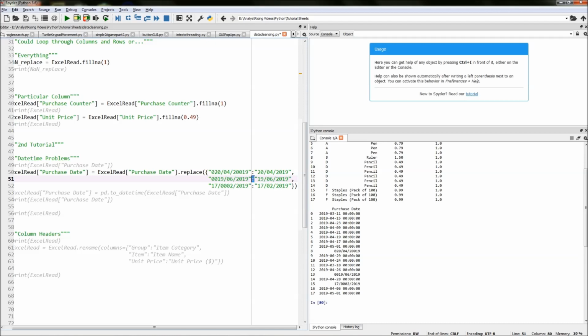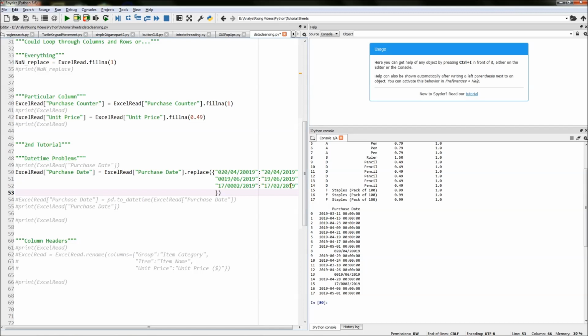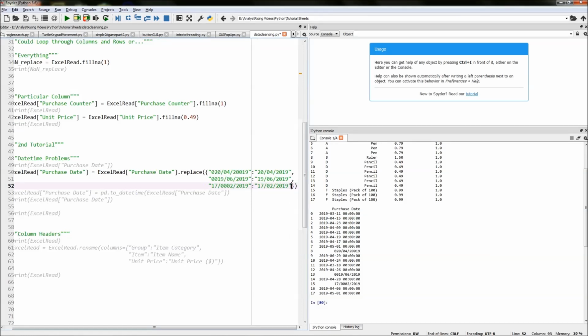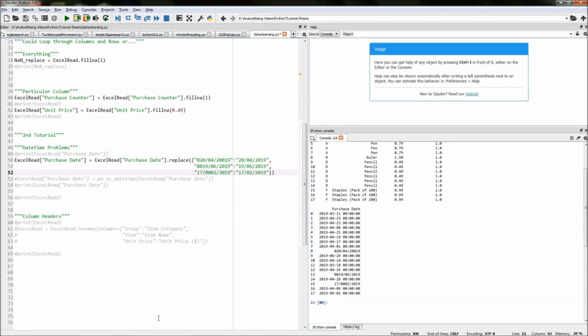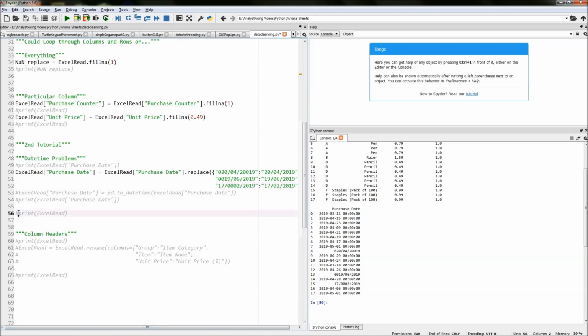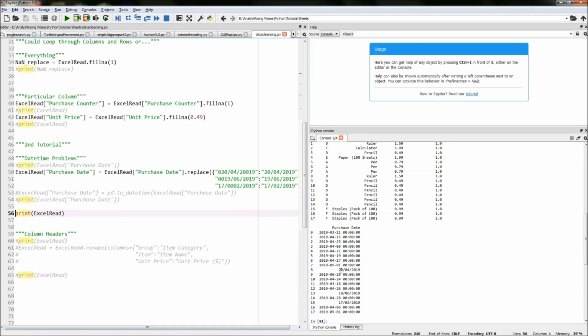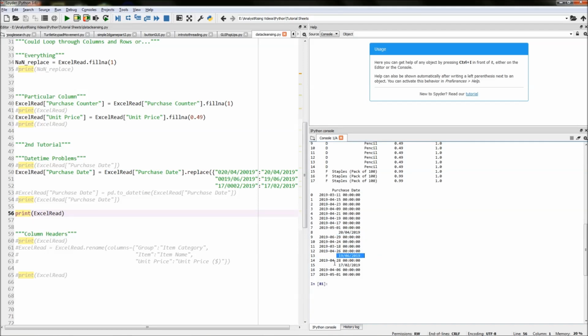Replacing the old value, putting a colon in, and then replacing it with the new value it should be. If you had many more mistakes, you could just go through them, press comma, put in your old value, press colon, put in your new value, and keep cycling like that. We only have 3 values here, so let's stick with our 3. If I then run this code now, we can see that we have now corrected our values,